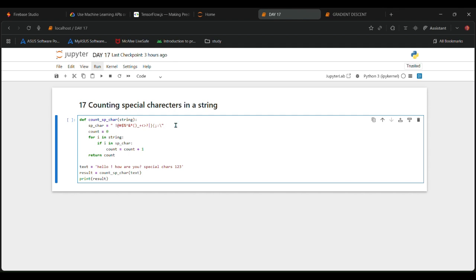Then I am assigning 0 to the count variable, then declaring the for loop for the string: for i in string, for all the special characters in the sp underscore char variable. i goes through all the elements. If i in special character, count is equal to count plus 1, it will count 1,